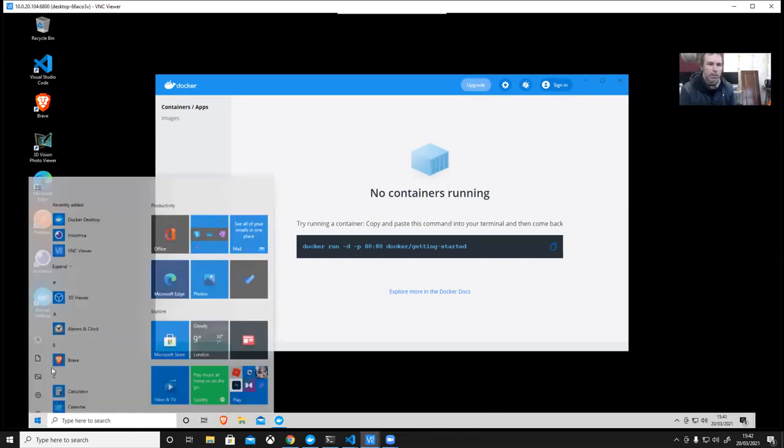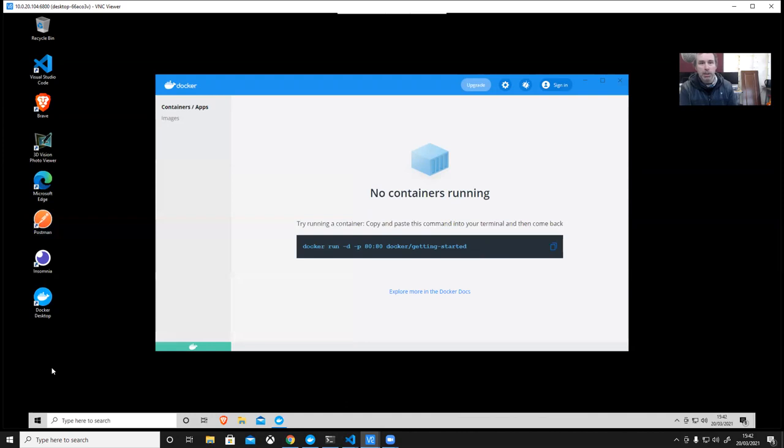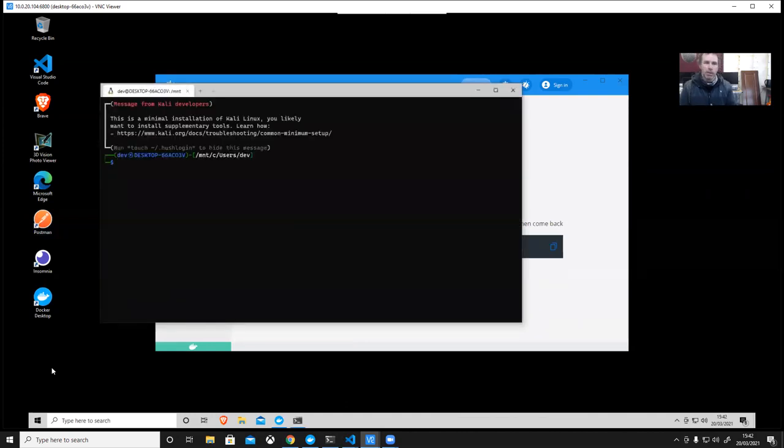open up your Windows terminal, which will hopefully, if you've set it up the same as me, have WSL in there. So we now have WSL. If we type in docker version, we have Docker installed. How cool is that? Because I didn't do an apt-get install or anything, but because it's done the integration, it's got it in there. So now we can literally create some VMs in a way, or some containers,